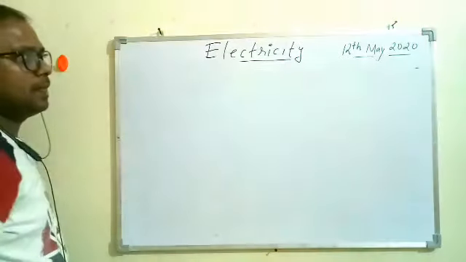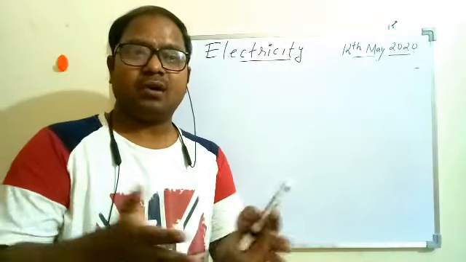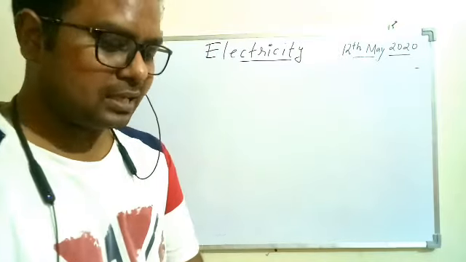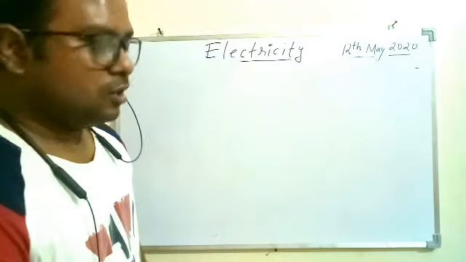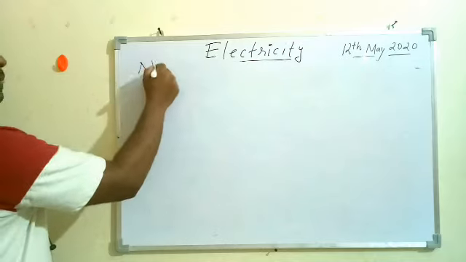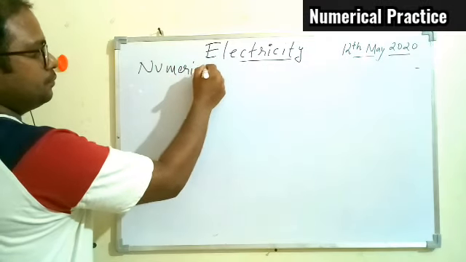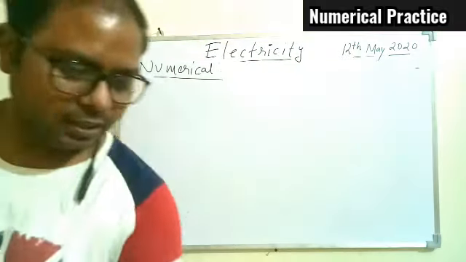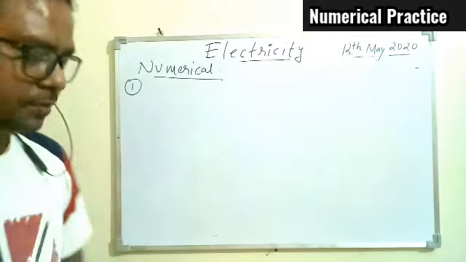Okay, so more about this voltmeter and ammeter, how they are made, that we will do in class 12. That is not what we are going to discuss in class 10. Now we are going for some numericals, which are also very important for you, and then this chapter is over all the way. So the very first numerical is: the power of a bulb